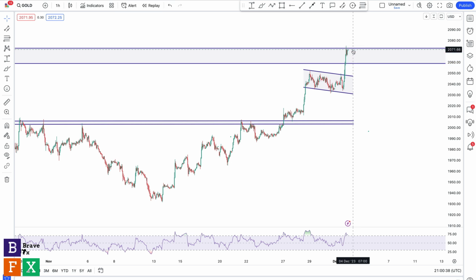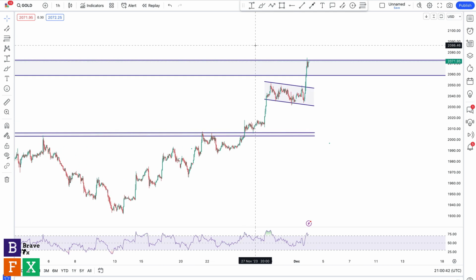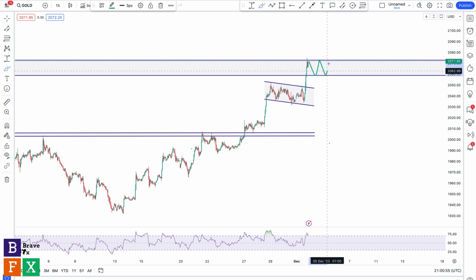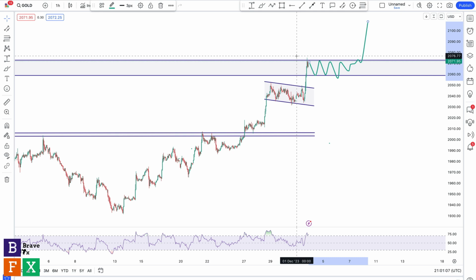So right now, there's two things that are likely to happen. Either we get a rejection again from the all-time highs, or we get a significant bullish breakout aiming for price discovery, right? So here's what I'll be watching out for to go long on gold. So I'm simply going to wait for a good consolidation within this area of value before I go long. So remember, this is a 1 hour time frame. It could take a day, 2 days, 3 days, a week, or even a month to get this consolidation fully completed before we get a massive breakout. It could happen within 2 days, as the case may be.